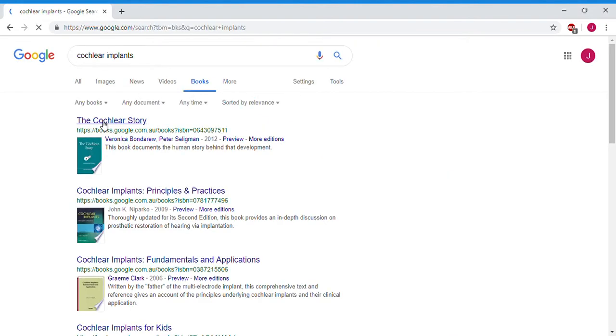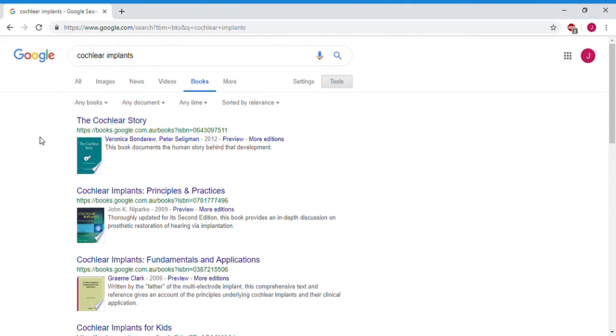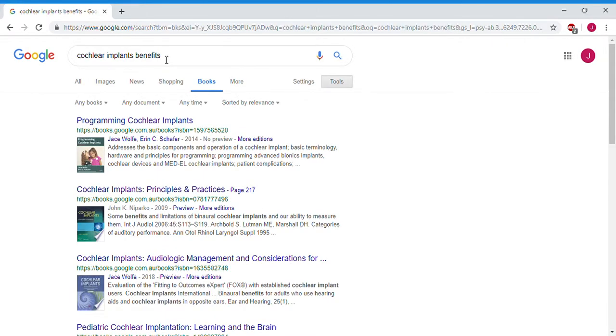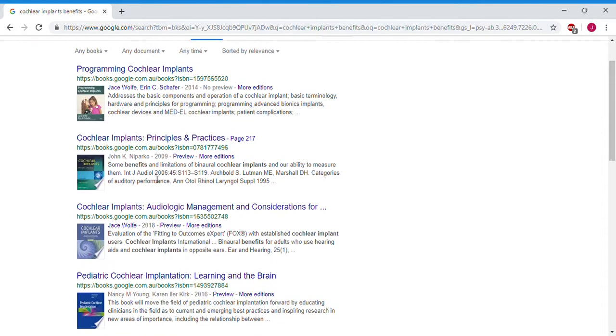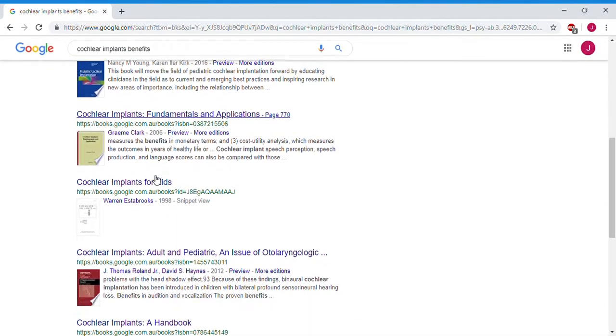You could start off really general to see what's there, and you have a range of different books. Maybe if I start looking into a focus question, I can start to add. Basically, I'm not doing very good searches, but just to give you a bit of a sense of how these